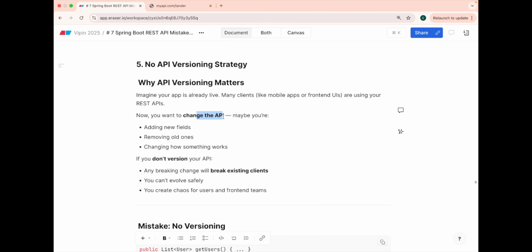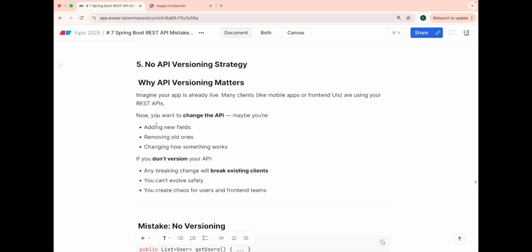Because now you have to maintain two different APIs for the same thing, just because a few fields were different for desktop and mobile apps. Rather, what you can do is just version them as V1 and V2. V1 has the same thing, old desktop applications and old APIs can use it. V2 is the new way of handling only the mobile APIs or the mobile apps.